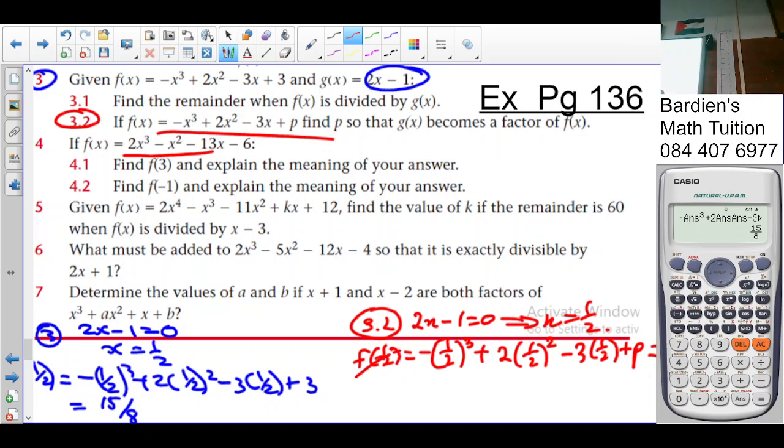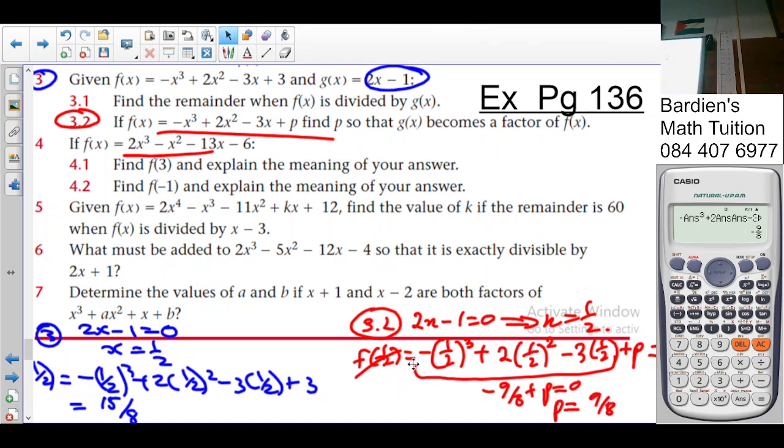So part of that calculation is already on the calculator. So I will just take plus 3 away. The last answer calculated was half. So we punch it in there, we get negative 9 over 8. So this part here gives you negative 9 over 8 plus p is equal to 0. So therefore p has to be equal to